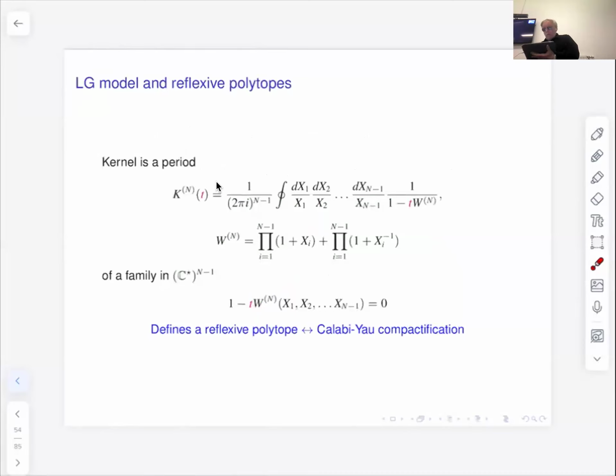Newton polytope and dual Newton polytope. So it means that the Newton polytope is reflexive. So it's a polytope in 3, in the case n equal to 3. They are dual, and it means that there is a pair of these polynomials, which gives by these equations for n